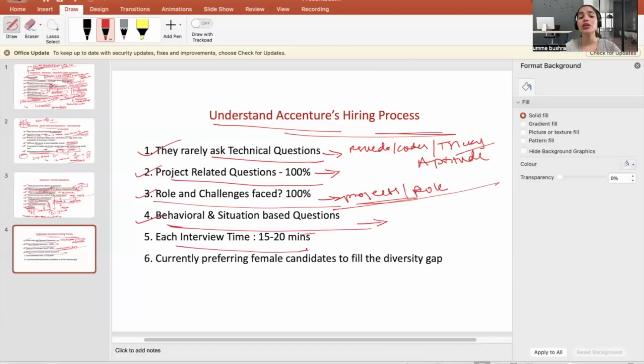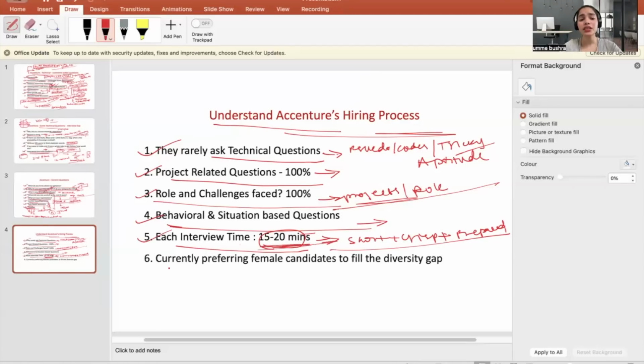Because this is a hiring drive, many people are being interviewed. Mostly each interview only lasts for 15 to 20 minutes. So know that your interview is going to be very short, but it is going to be crisp and clear. And these are the topics that are going to be asked. So be prepared for them. Because this is a drive, many people give interviews each day. They interview hundreds and thousands of people every day. That's why the time is limited.